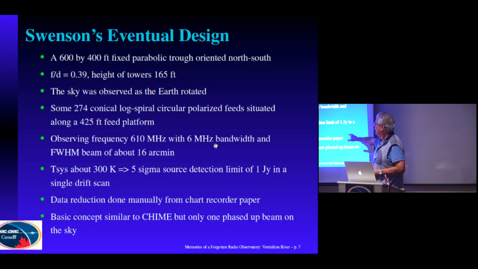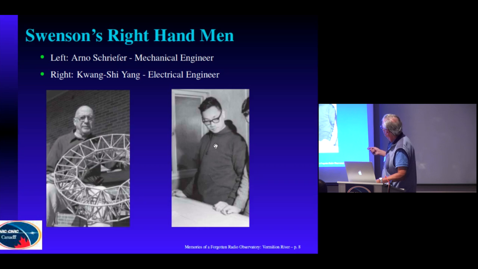And unlike CHIME, for example, which is going to have about a bazillion data points coming out of it, this telescope had just exactly one beam of about 16 arc minutes with a sensitivity of about 1 Jansky in a single drift scan. Two people who helped Swenson a lot were mechanical engineer Arno Schriefer,